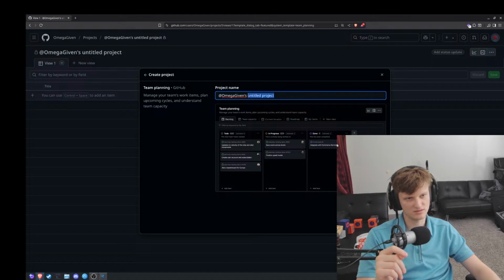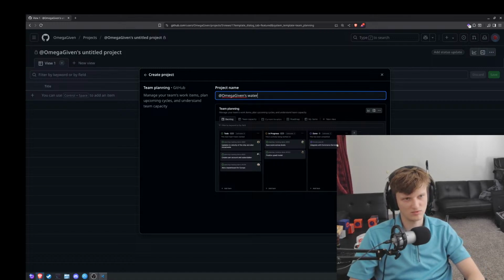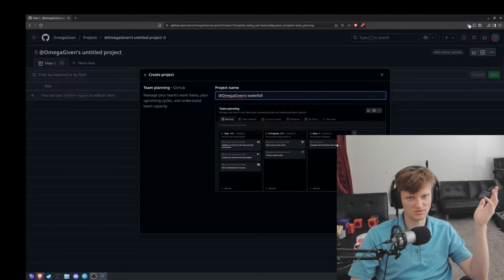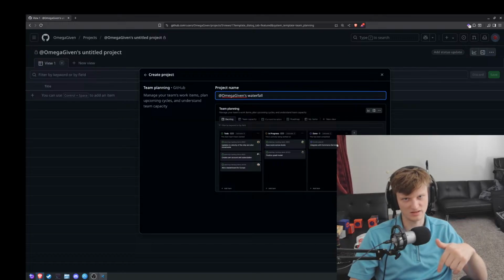Let's just do it on, like, I don't know. Let's call this waterfall work. What do we want to call this thing? I don't know. So this is a project. This project's going to be for my one thing. So we can call this Omegans waterfall Scrum.